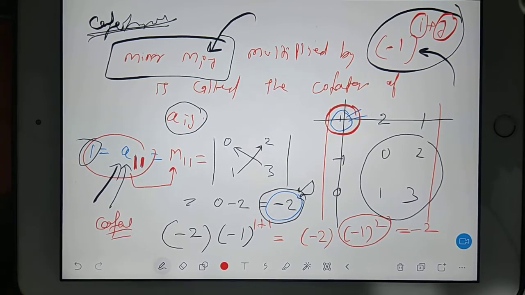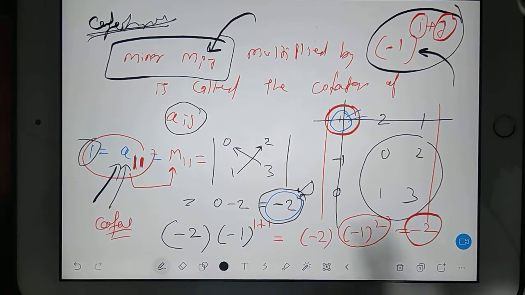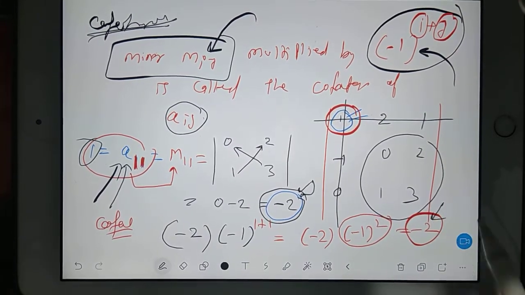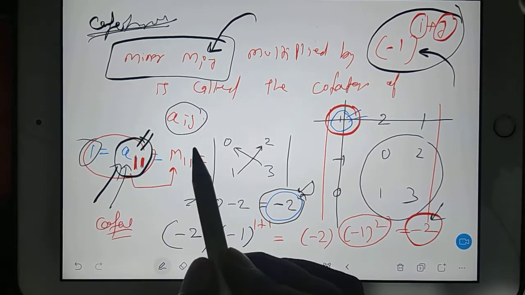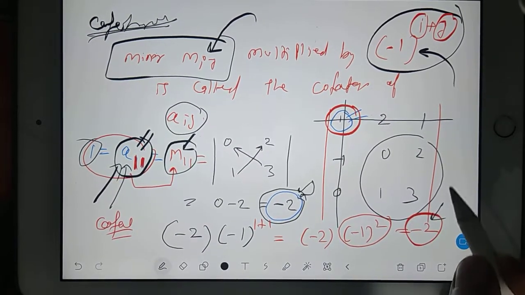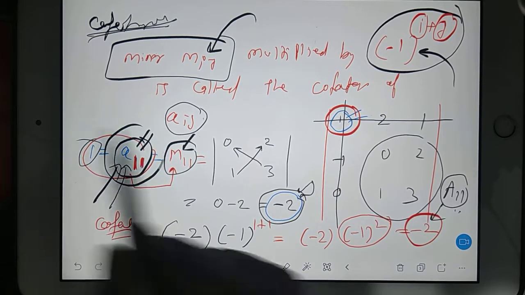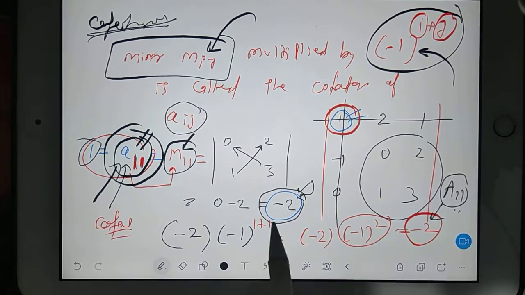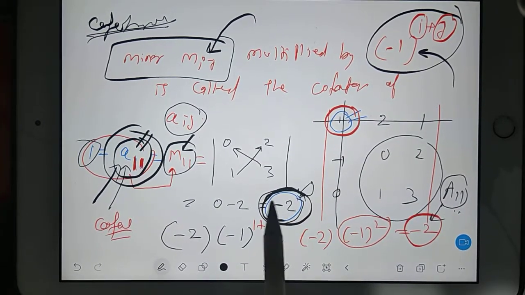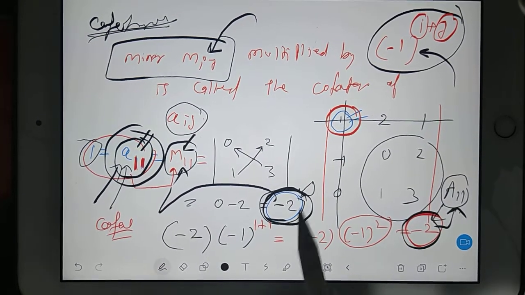And whenever you find the cofactor of any element, you represent that answer with a capital letter. Capital letter means, for this element A11, if you are representing the minor with capital M, then here you will use capital A11. So capital A will represent the cofactor of the element. I hope you understood. See, this minus 2 is your minor answer. This minus 2 is your cofactor answer. Fortunately, they both are coming the same, no problem.